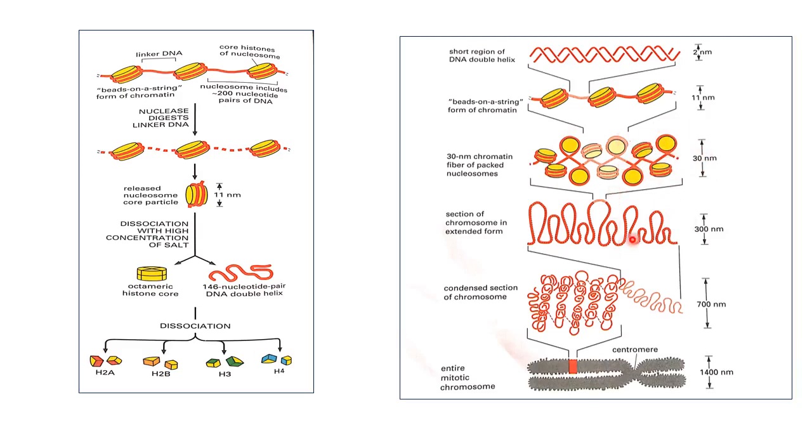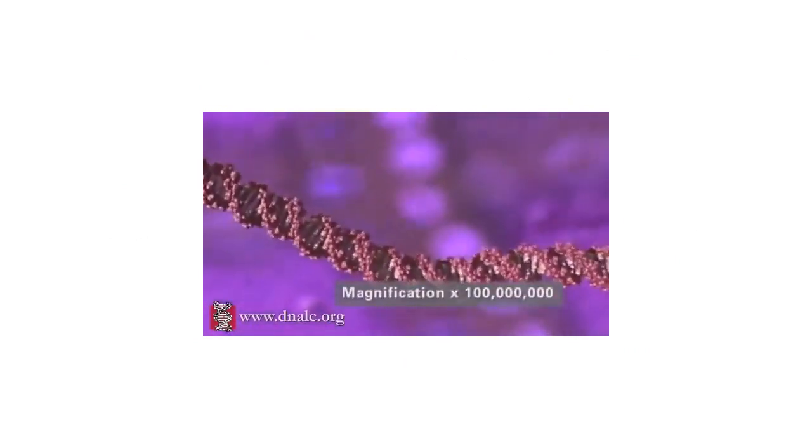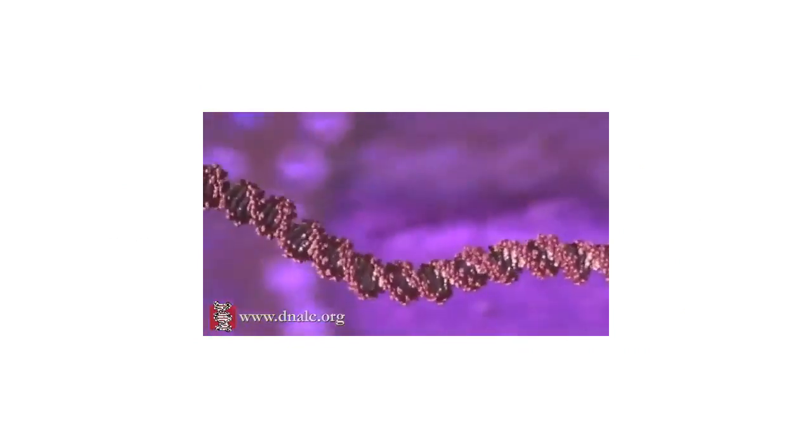Again the compaction is of a higher level and forms the 30 nanometer loops and threads. And as we can see, these threads, these fibers, are folded one over another and ultimately develop into a chromosome. So this is how the double helical DNA, with the help of a histone protein core, folds in the form of chromosome. In this animation, we'll see the remarkable way our DNA is tightly packed up to fit into the nucleus of every cell.